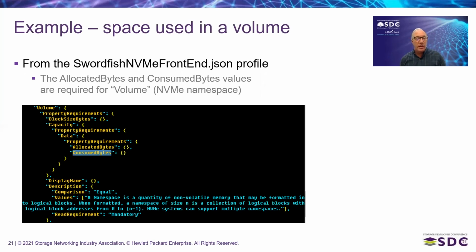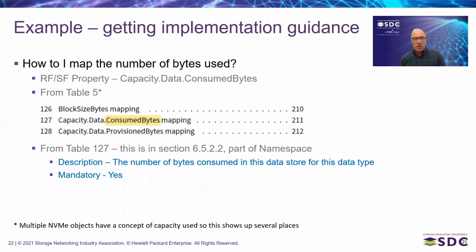Now, if we look at the way that these properties are stacked, we're in the property requirements underneath the property are capacity, then data, then consumed bytes. So we call that property capacity.data.consumedBytes. So how do I number them? How do I map the number of bytes used? We found our property,